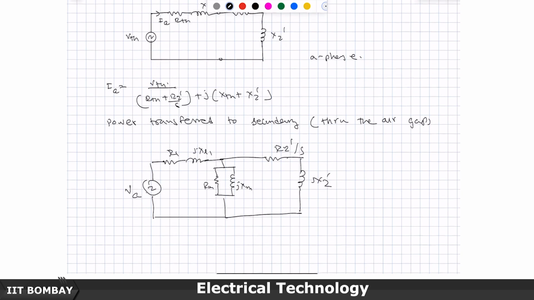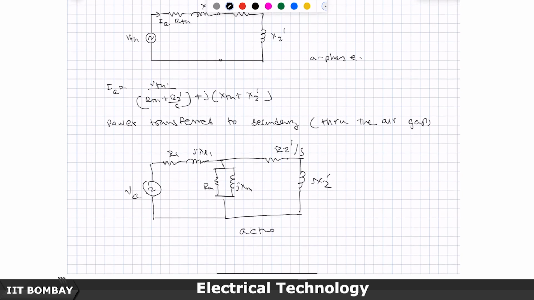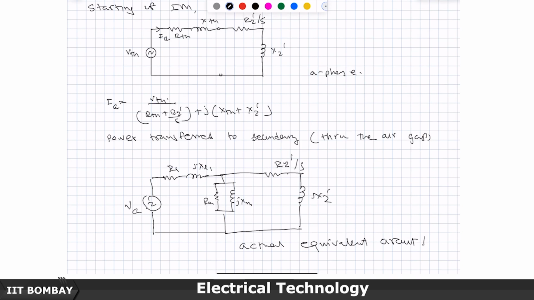This is the actual, so to say, whatever actual means, because I am saying actual and equivalent in one go, that is why I said equivalent circuit. Equivalent circuit of this, and we had done